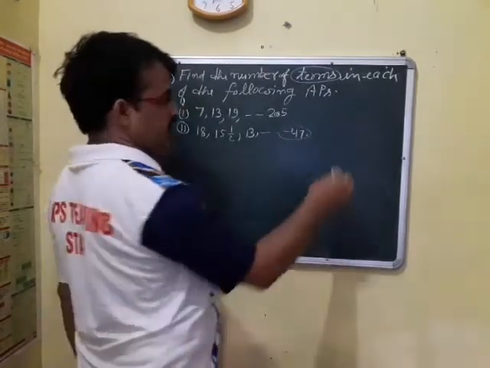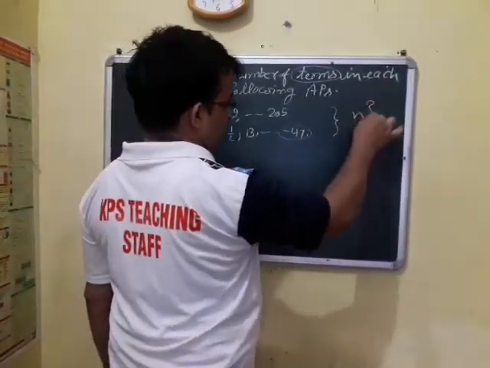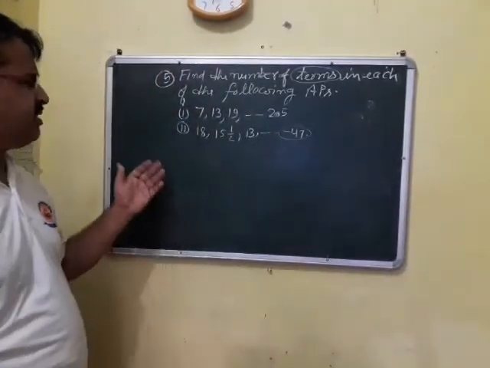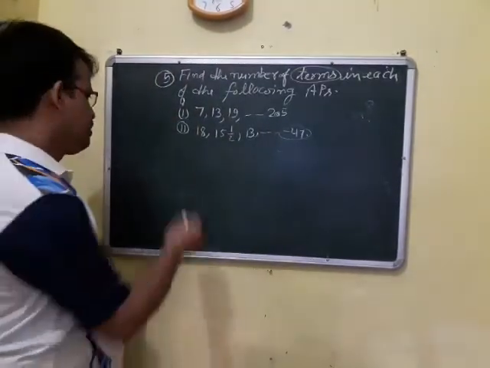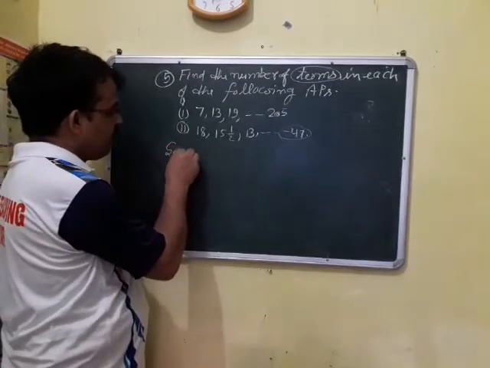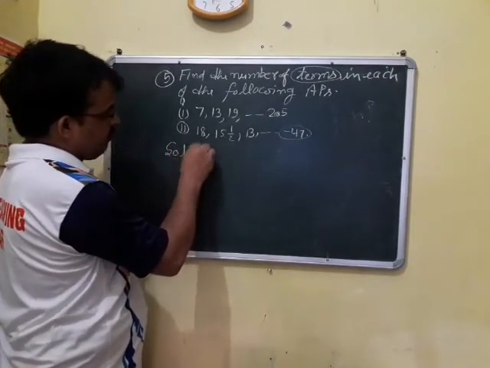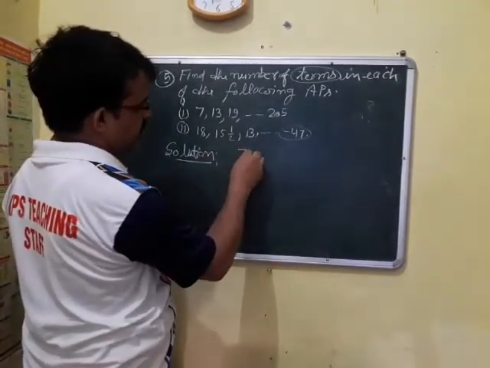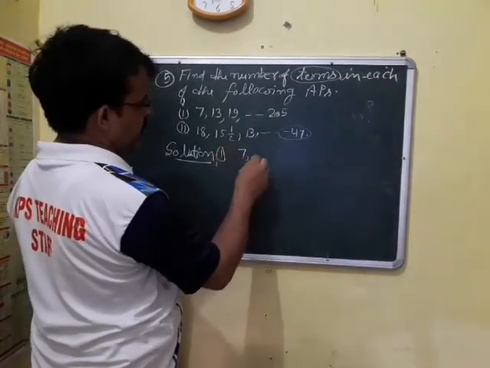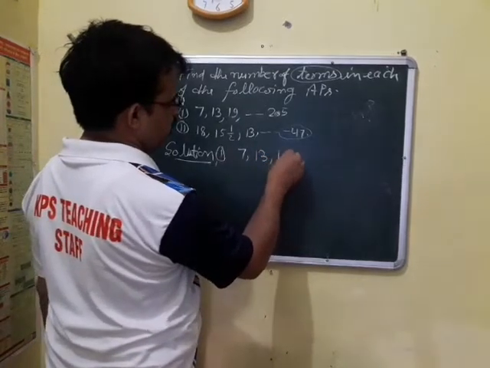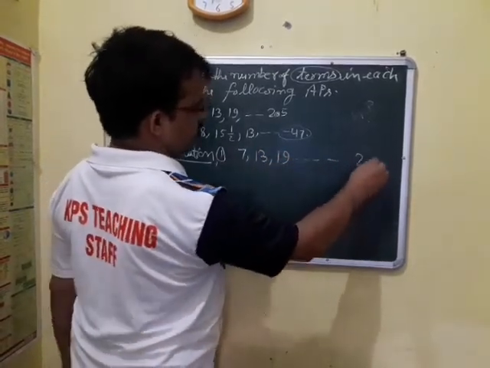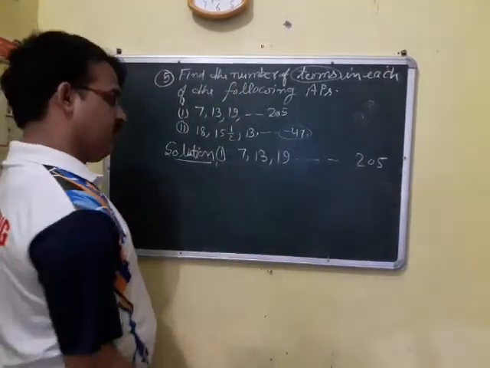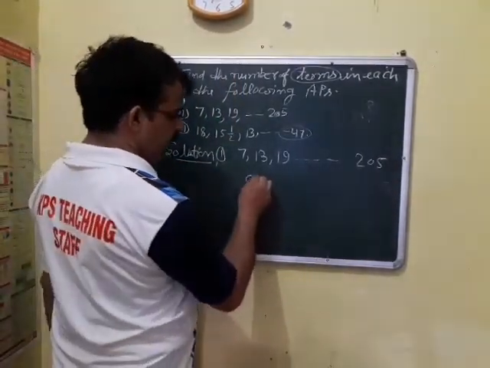Find n. What we find here? You have to find n here. Clear? Now this is just like question number 4. See the solution of this problem. Now look here. Here is given the series 7, 13, 19. This one is the last term, 205. Now look, an is given here